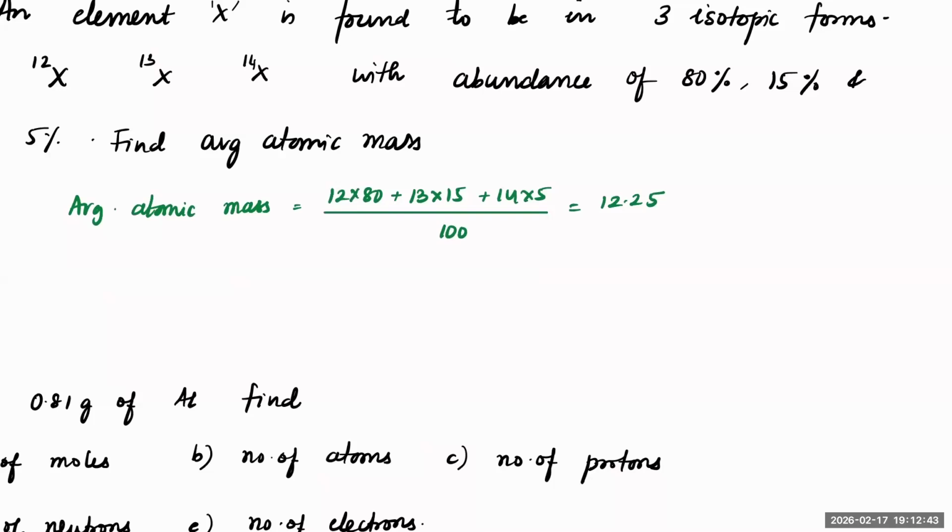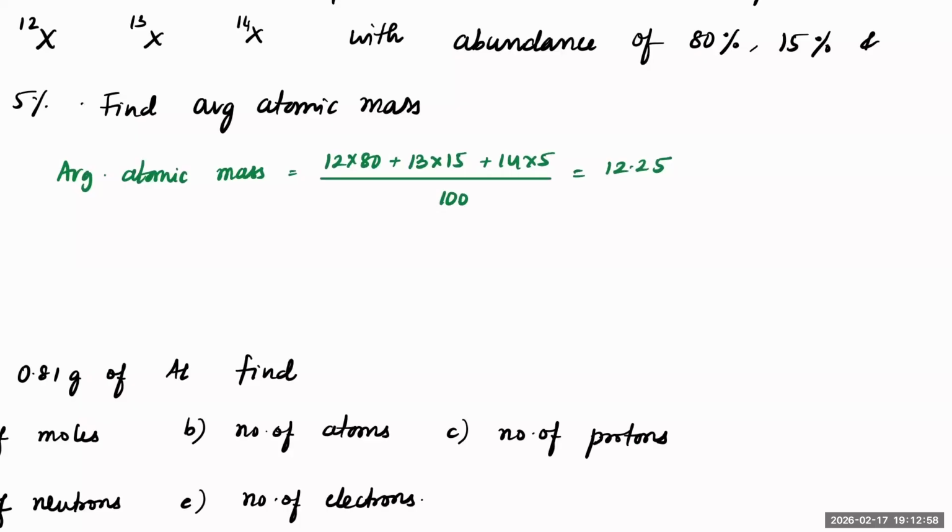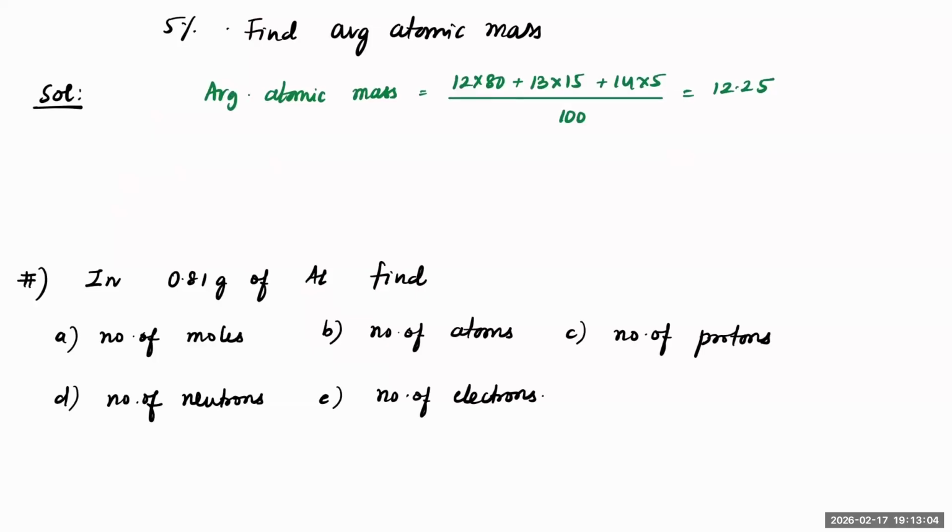See, what if I tell you the same question is given not with abundance, but as mass percentage? What will you do, beta? If it is mass percentage, what will you do? You assume that the total mass is 100. So let me put that as extra information here, as an alternative question. Alternatively, if the same percentages are mass based, then